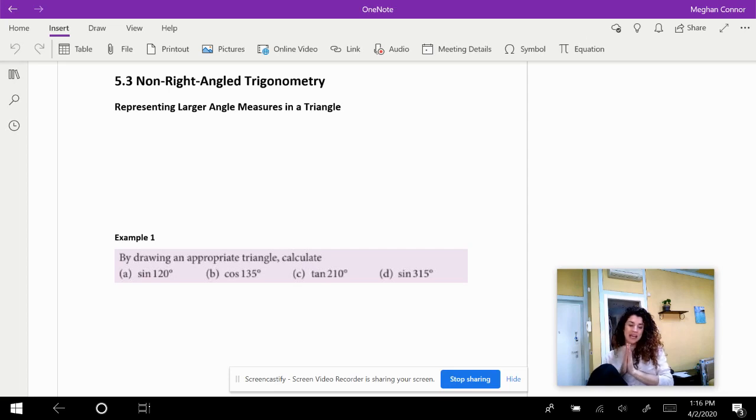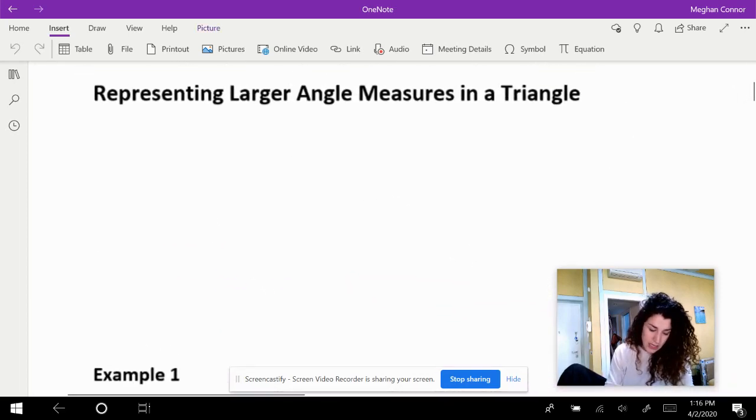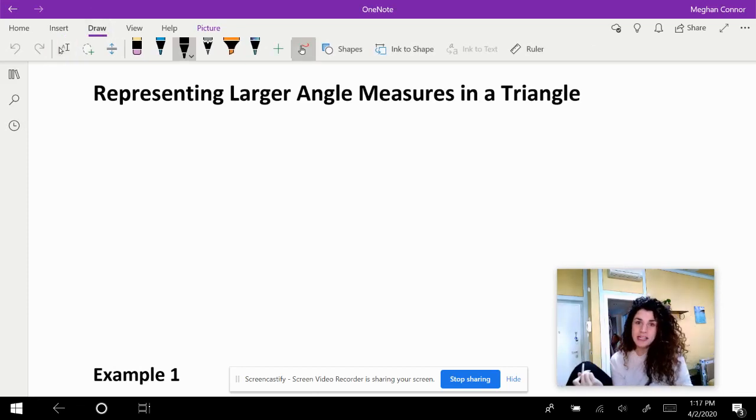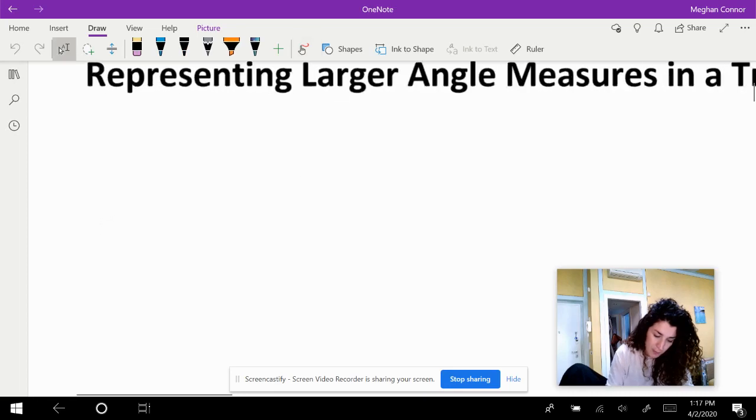The very beginning of this lesson talks about angles that are greater than 90 degrees and what they mean in terms of right triangle trigonometry. So we are first going to start talking about larger angles in trigonometry. How we like to think about these off the bat is we put trigonometry onto a coordinate plane. So I'm going to first just draw